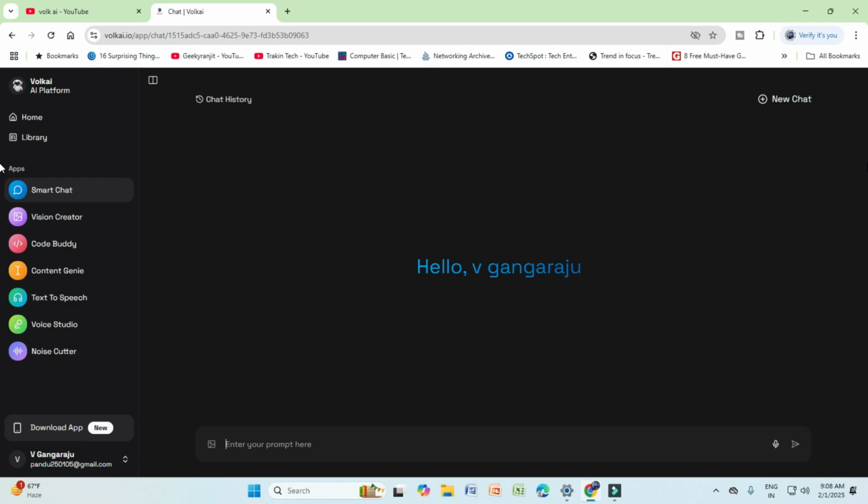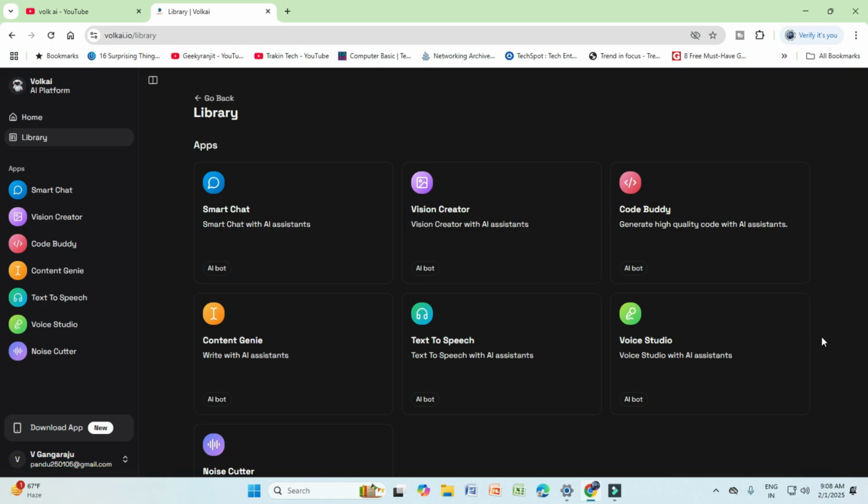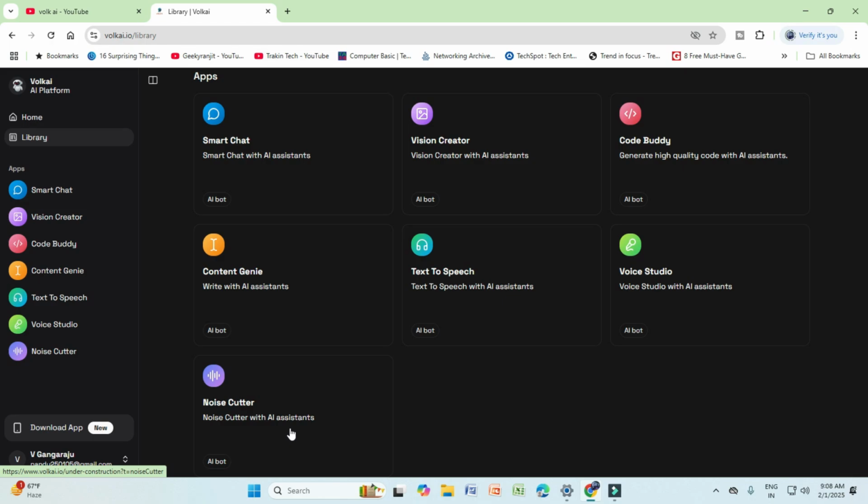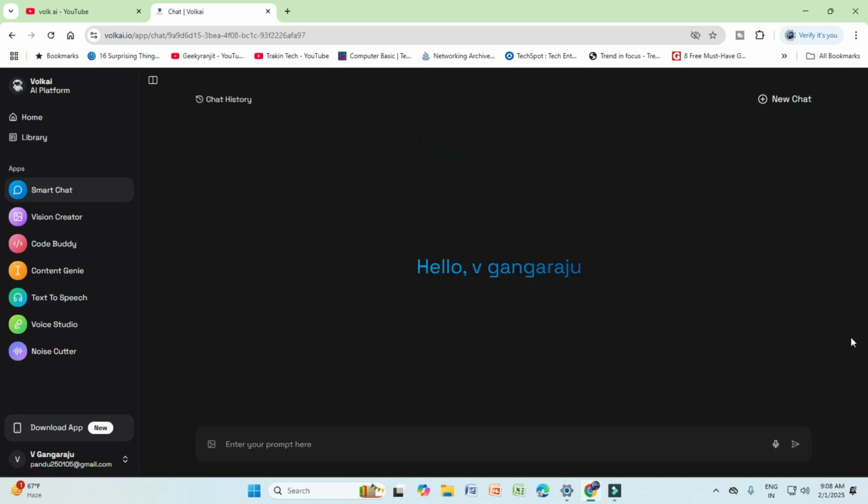It is the same as ChatGPT and Gemini and Copilot and DeepSeek. On the left-hand side, it has the same layout: Volkai App platform, chat history, new chat and home button, library button. This library button has smart chat, vision creator, code buddy and content genie, text to speech, voice studio and noise cutter also given. These are also provided: smart chat and vision creator